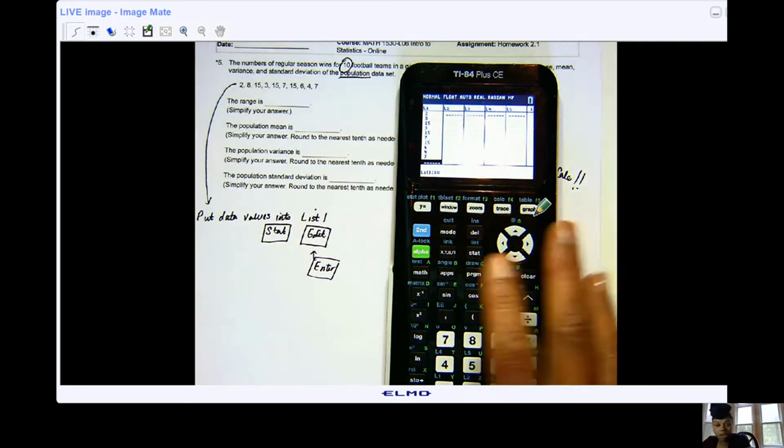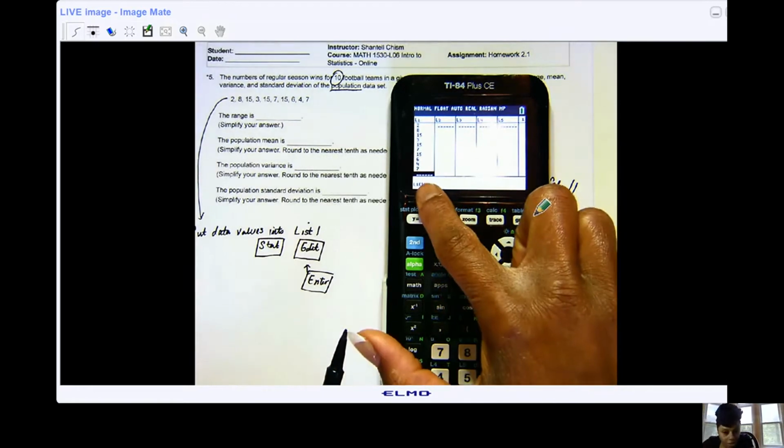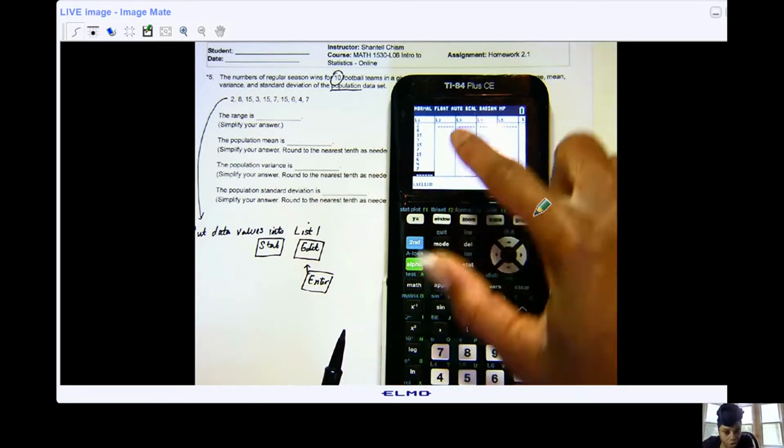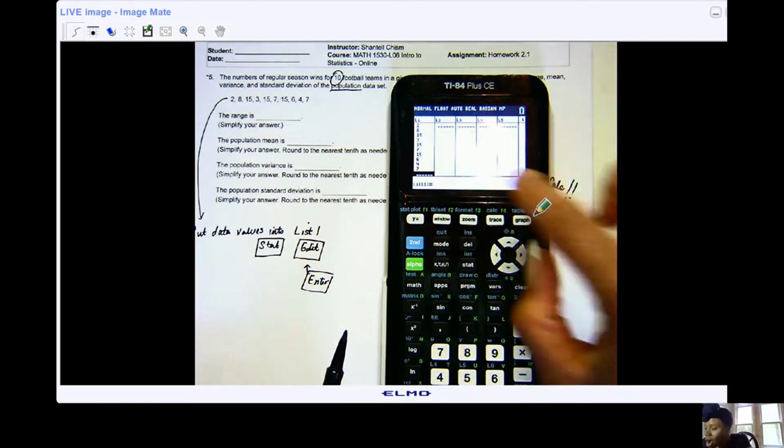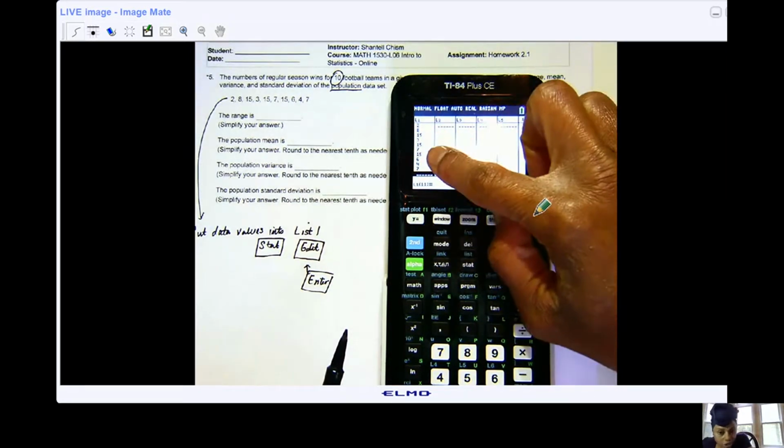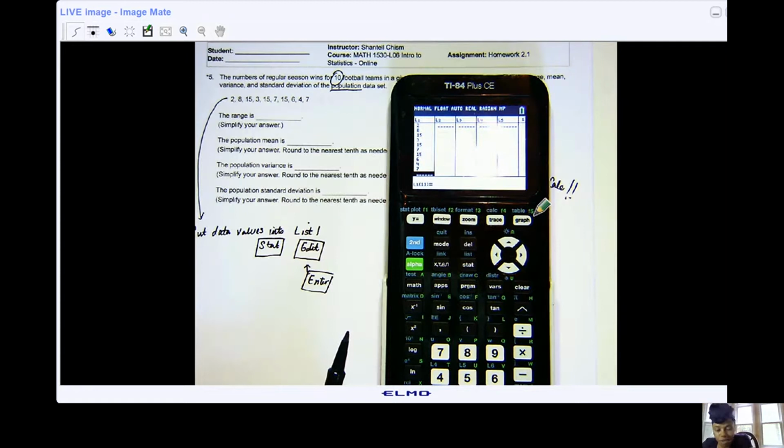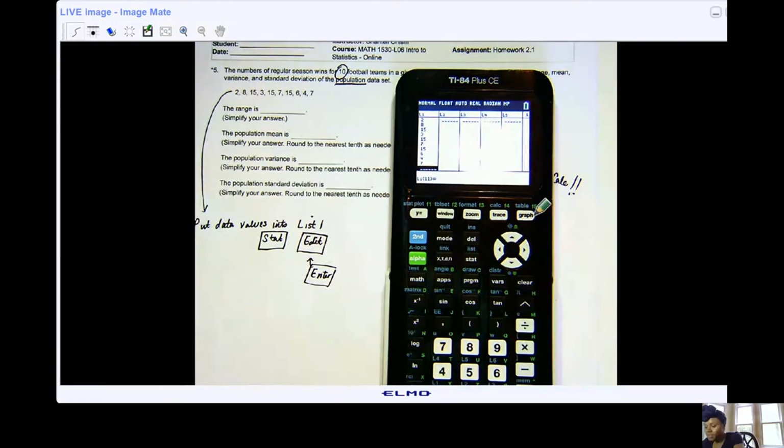So I've got 10 data values. I've got all 10 entered in because the calculator's technically waiting on value number 11 if I had it. So I do know that I have all 10 put in. Always double check yourself, look at your values, make sure you put them in right, okay? After that, then you're ready to analyze. So to analyze